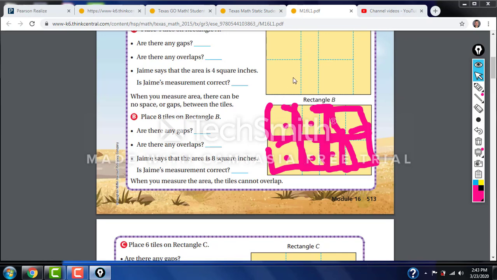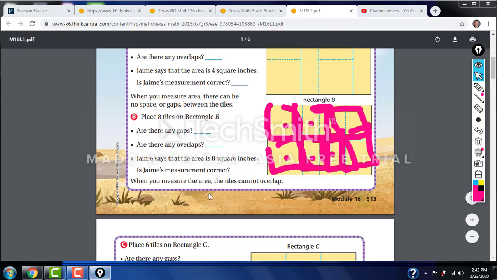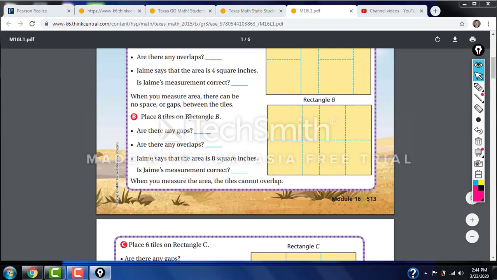So here we have on this one, when you measure area, there cannot be any spaces, and when you measure area, the tiles cannot overlap. So those are the key concepts you want to get from questions A and B. Let's go over to question letter